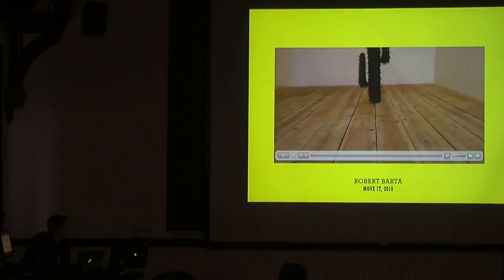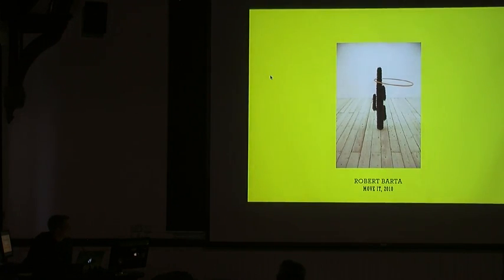Which was also really funny. It's by a German artist called Robert Barter, called Move It, where a plastic cactus hula hoops forever, I guess. And so when I saw this, I started thinking a bit more about the cactus and whether it might appear more in contemporary art, and also the idea of the cactus in culture, especially growing up watching a lot of cartoons, and thinking a lot about the West and the relationship between the landscape that we see in cartoons, and yeah, this was